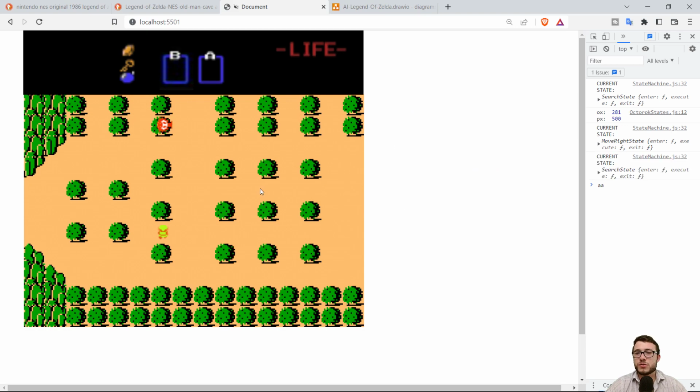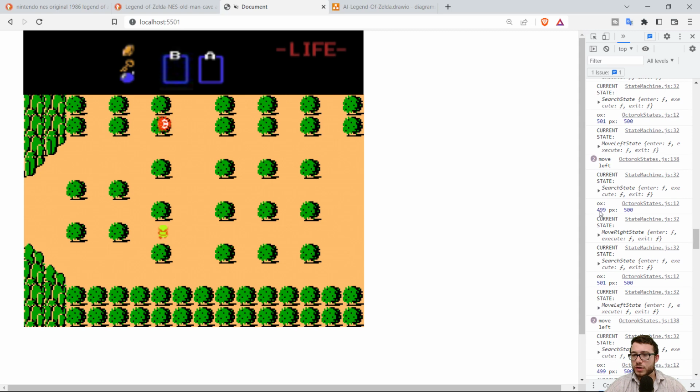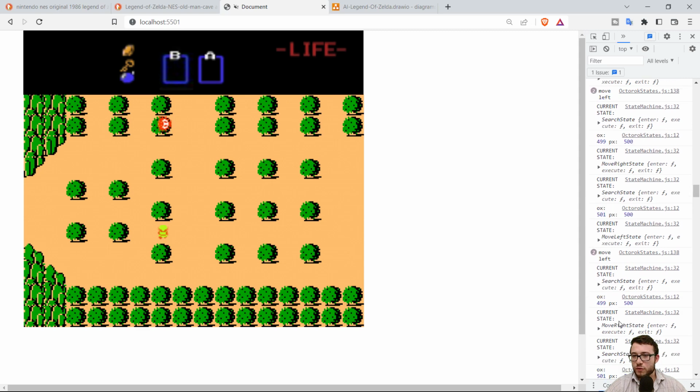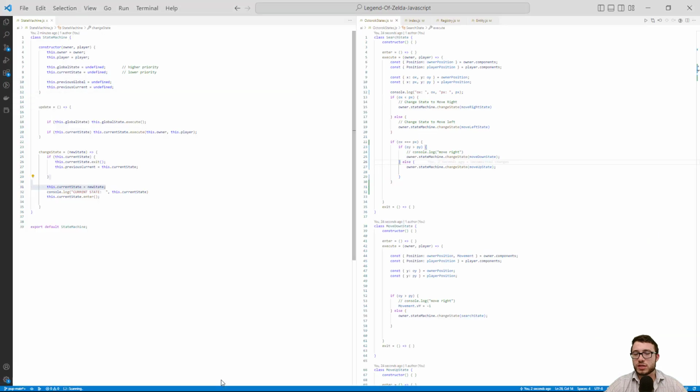As it gets to the same x-axis, we're seeing a lot of values. Okay, see, it goes from 499 OX to 501. It kind of bounces in between 501 and 499, and that's due to the translation of the velocity